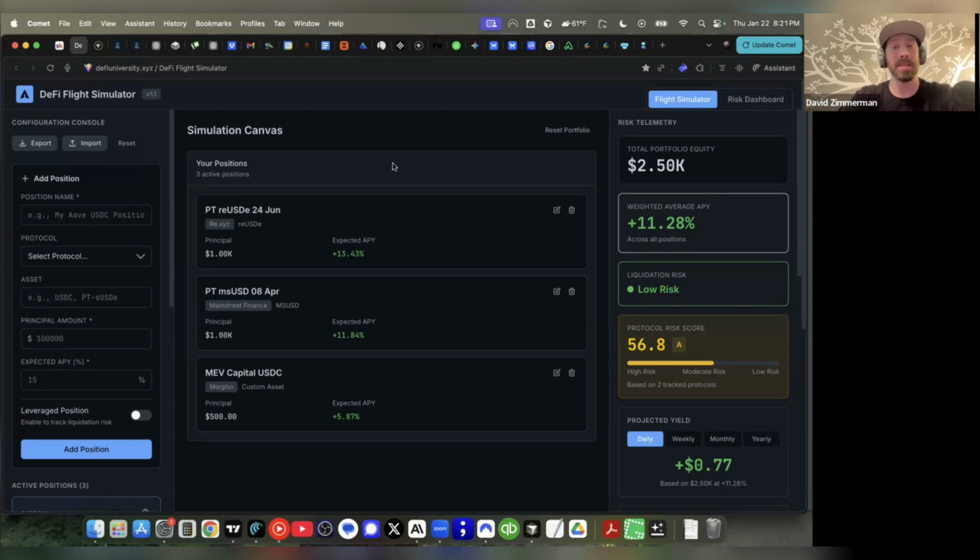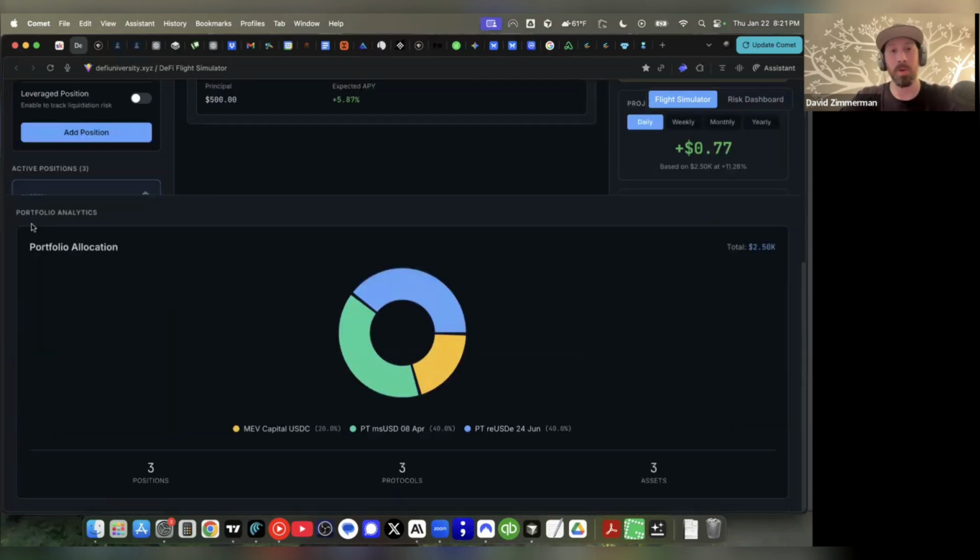And in fact, that's the next step here, to really improve upon this portfolio allocation part of the tool, where what I envision is you could tell it, hey, I've got $100,000 I want to allocate, and I want to allocate to these types of strategies. How much should I allocate to each position within those strategies? So an example would be if I want to allocate $100,000 to the overall portfolio and I want to have some liquidity provision, some PTs, some bond ladder stuff,